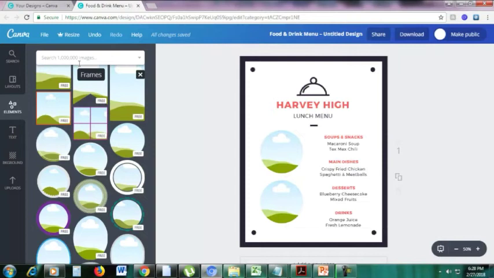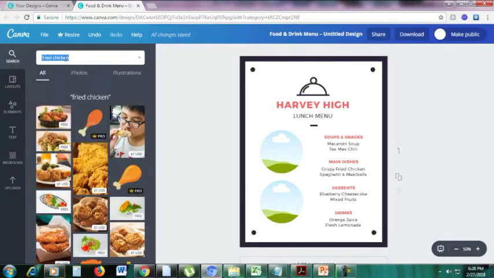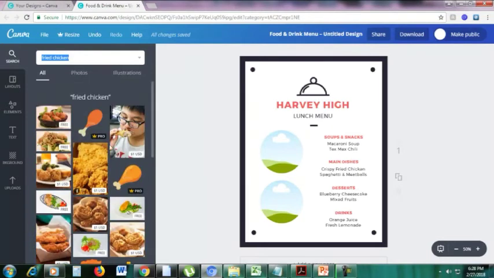Let me just look for a picture of a fried chicken. To do that, you just go here on the left top section, click search, and then type fried chicken. Here are some pictures of fried chicken. As you can see, some are free and some cost $1. If you don't want to pay $1, and if you don't want to use the free pictures here,